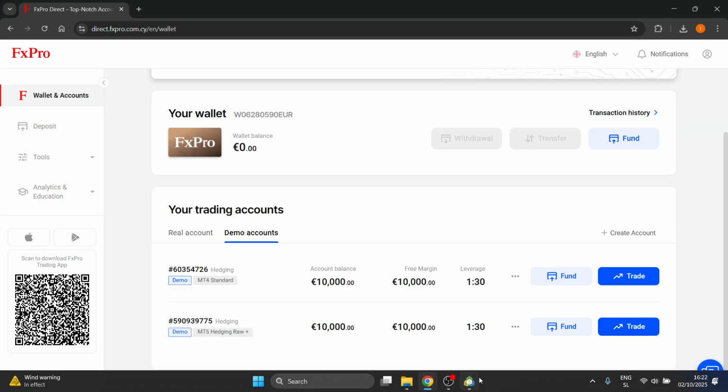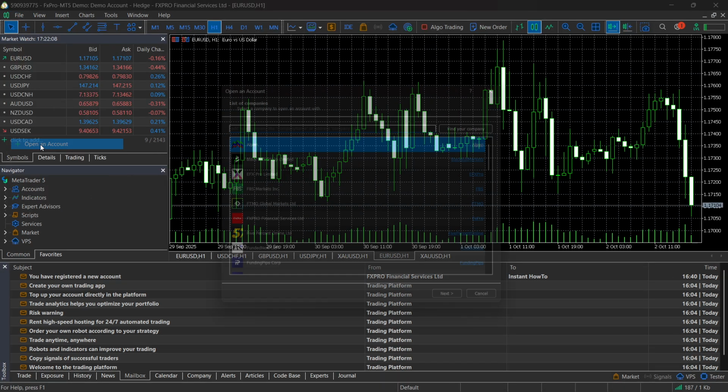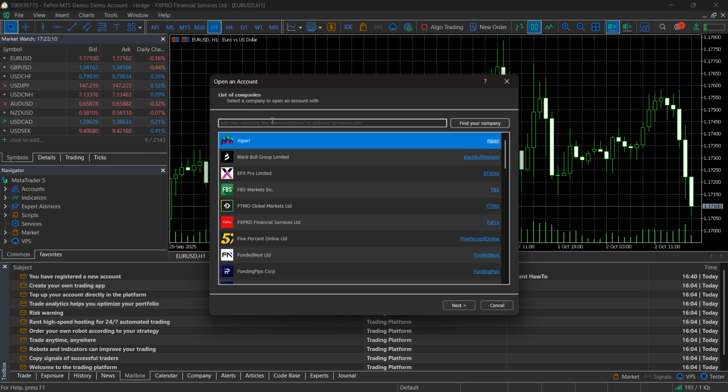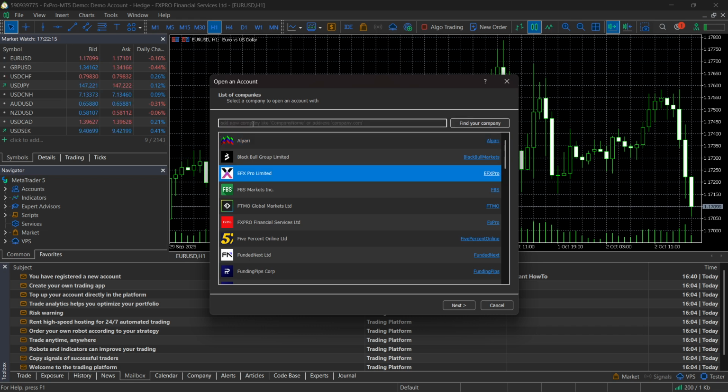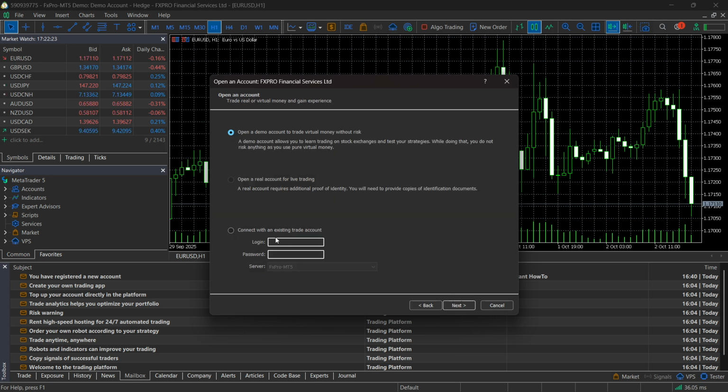So let's go ahead, open up MT5, click on File, top left, and then you want to click on Open an Account. And then in here, you can see, you can search for FxPro, like this, and it's going to open up a few things, and the one you want to look for is this FxPro Financial Services Ltd. Click on Next. And then you want to go ahead, click on Connect with an existing account,